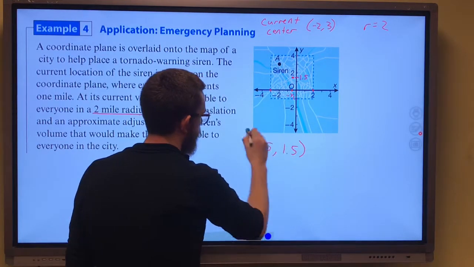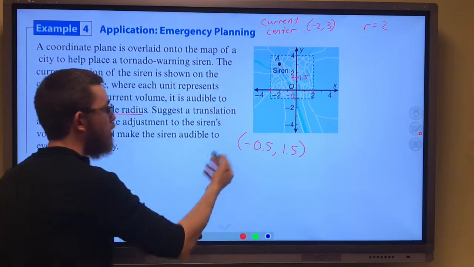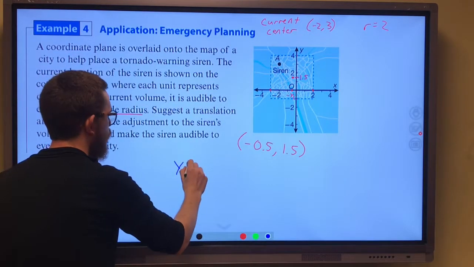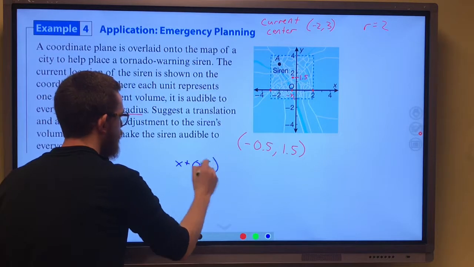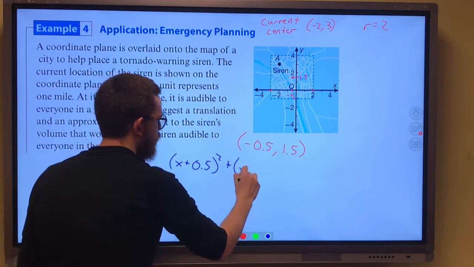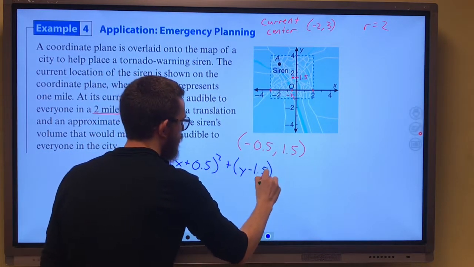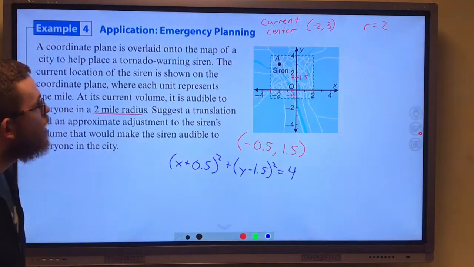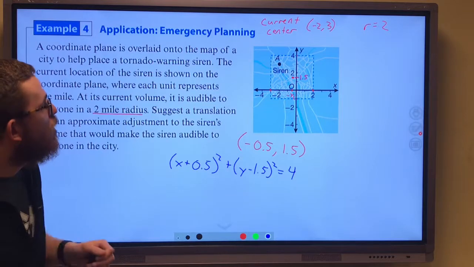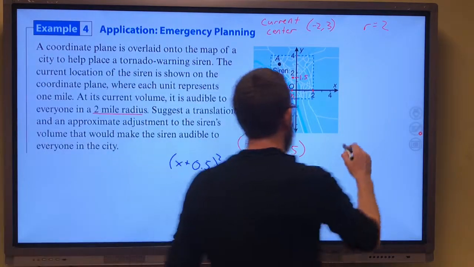Which would give us an equation of our circle of x plus 0.5 squared plus y minus 1.5 squared equals 4. That's the new equation of our circle. And what do we have to do to get there? We need to go right,